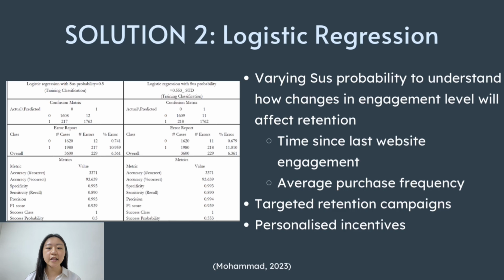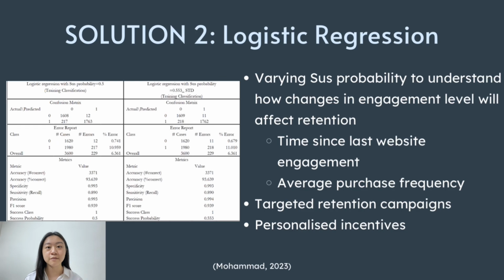Companies can analyze data such as the time since the last website engagement or the average purchase frequency to predict the number of customers that will stop purchasing. Using insights from the model, airlines can launch targeted retention campaigns aimed at specific customer segments or offer personalized incentives. By focusing on customers with higher churn probabilities, airlines can address their unique needs and encourage loyalty through tailored